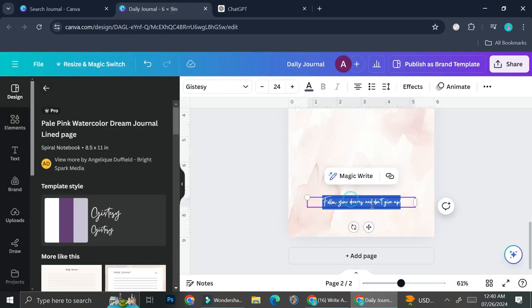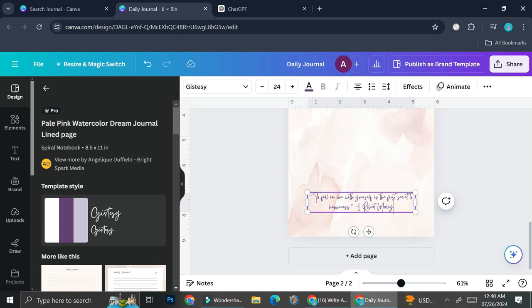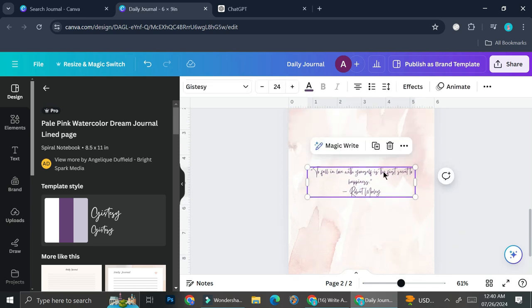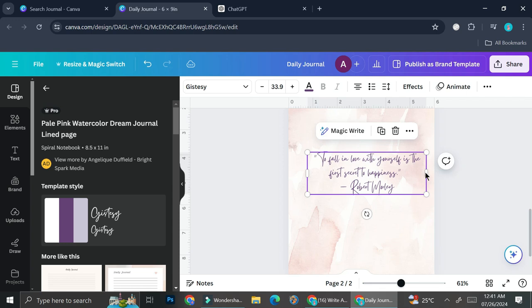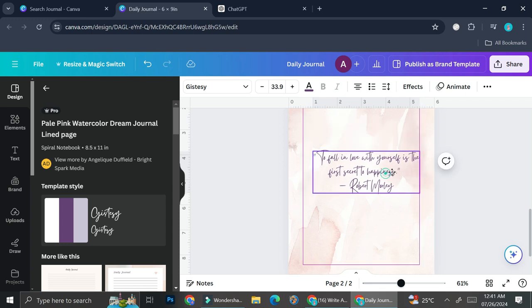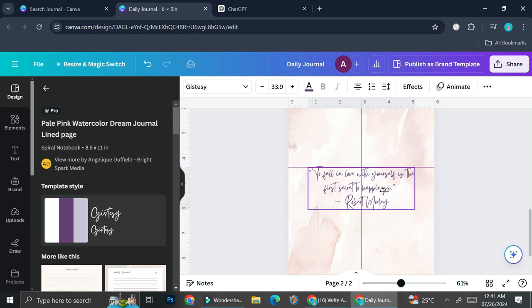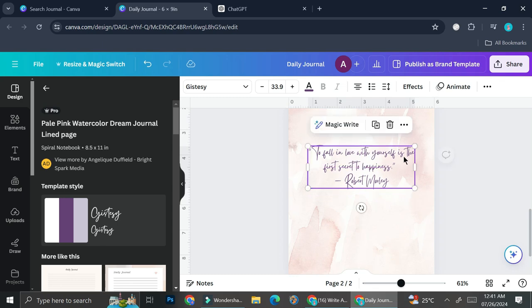Copy this and paste it on this text box right here. Bring this down so it looks something like this. And I'm going to put it on the center of my page. And I'm just going to enlarge the text so it looks something like this. So you can see that the color doesn't really match with the